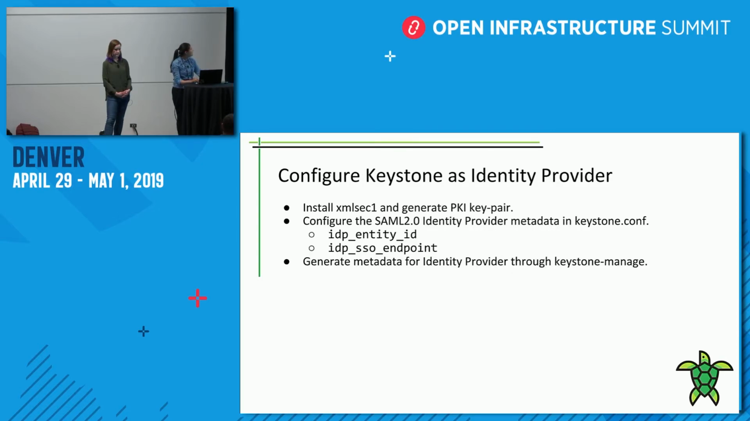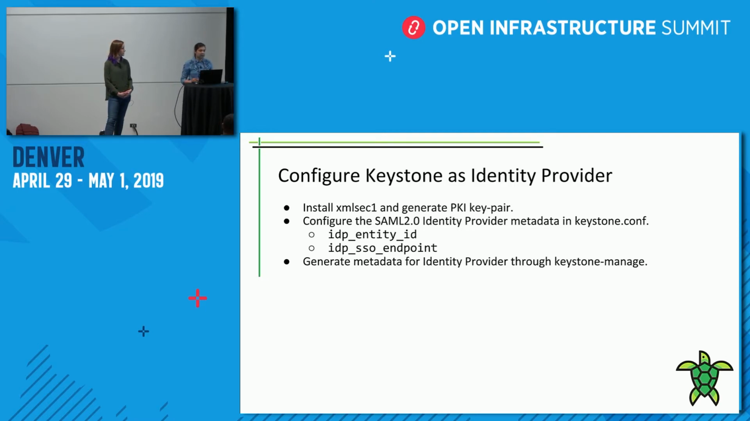Okay, so let's start with configuring Keystone first as an identity provider. Since in Keystone to Keystone federation, our service provider needs to trust our identity provider, it's a one-sided trust relationship between them. So we have to generate